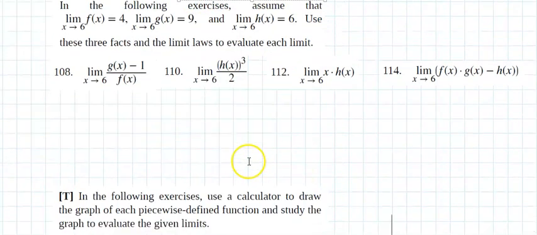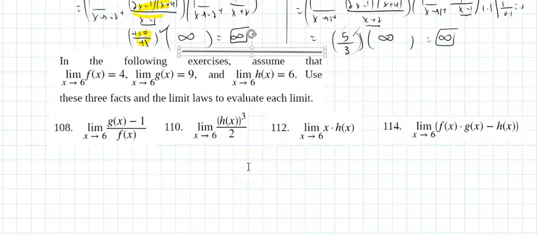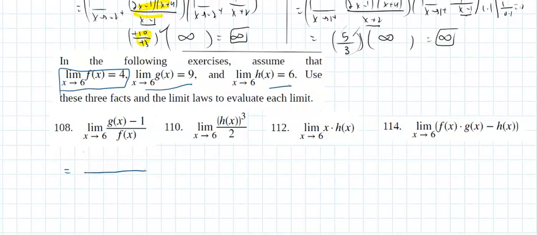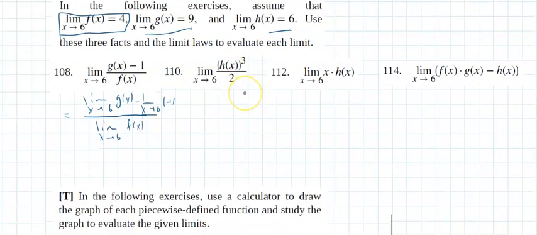There we go. Now, it says, assume these are true. This is enforcing the limit laws. Well, isn't the limit of the quotient the quotient of the limits? And I could take the limit of each of those individually. By now, hopefully you're comfortable with those. And according to what I have up there,